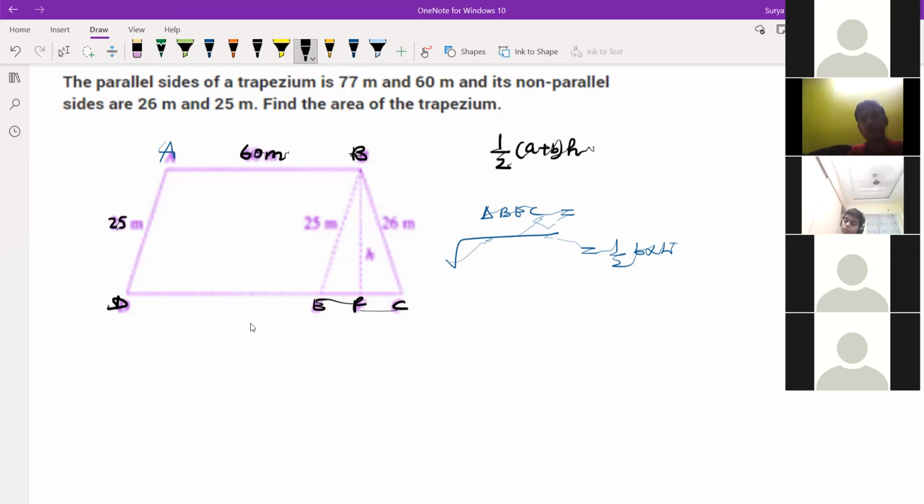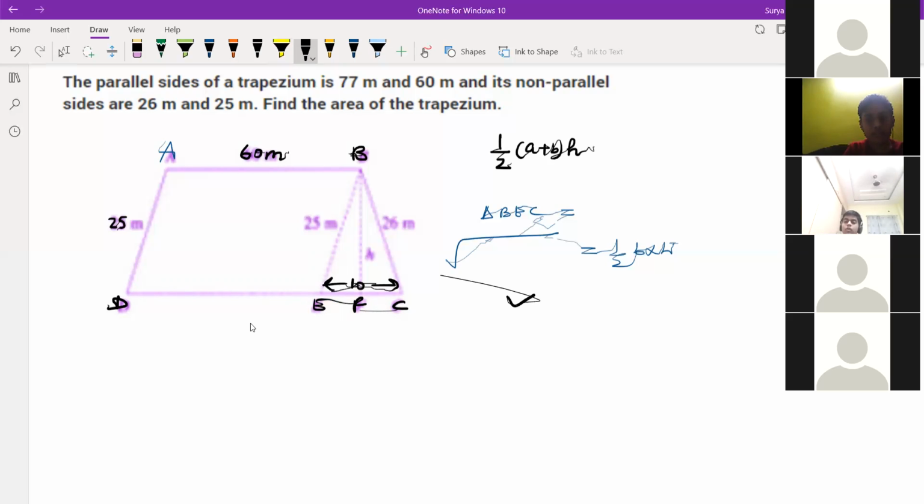Oh, okay, okay. Because see here, this is a parallel line you are putting, no? Sir, this was a miscalculation. This is 60. Okay, sir. Understood. So this whole part will be 10. You can find this one by Pythagoras, no? Yes, sir, Heron's formula. That was my mistake, so I got the wrong answer. So 25, 26, and this is 10, correct?